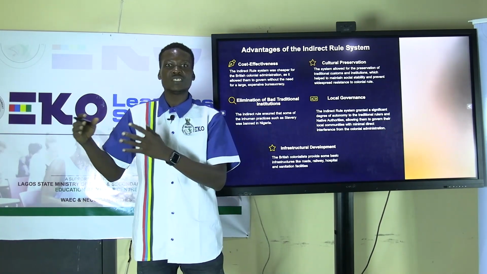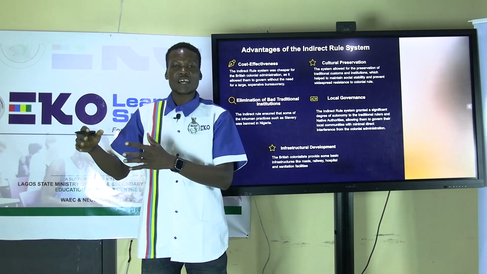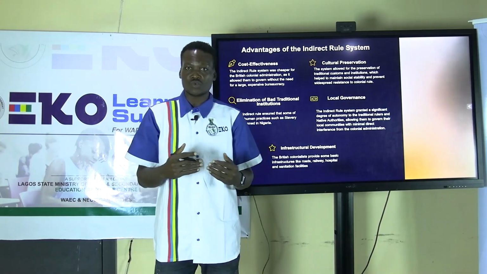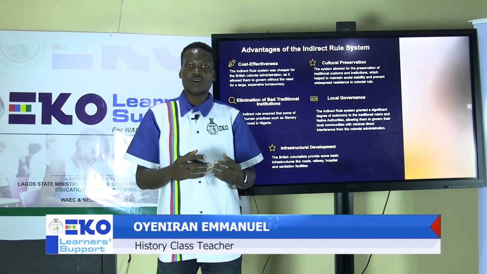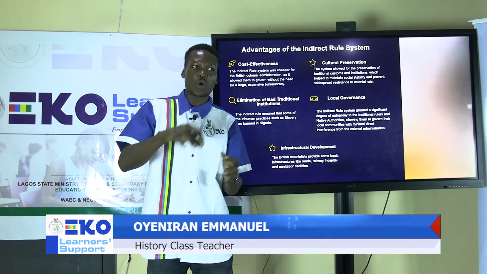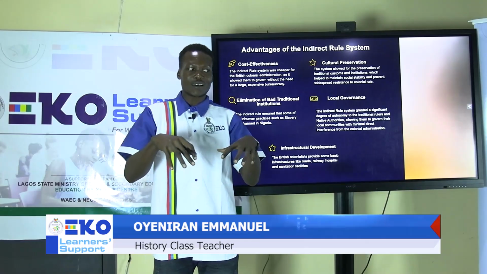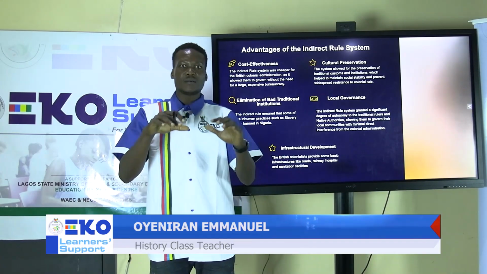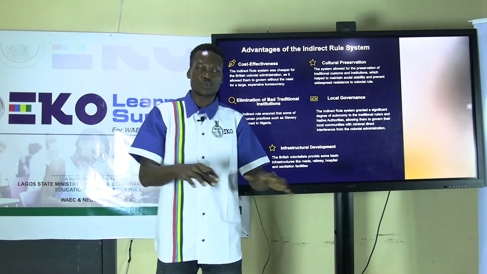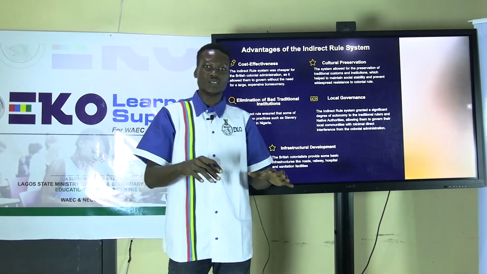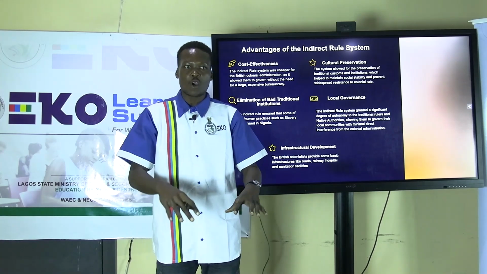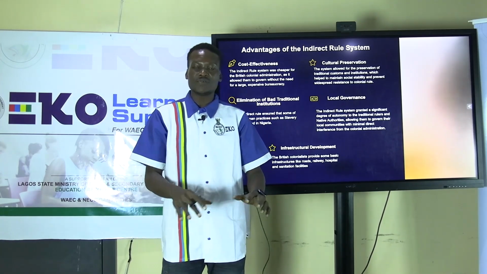Unlike the French colonialists, who in their colony at first made use of the policy of direct rule, or assimilation, whereby they tried to impose their culture on the people. But in the context of Nigeria, the British colonialists did not impose their culture on us. What they did was to preserve our culture by even making use of our native rulers and